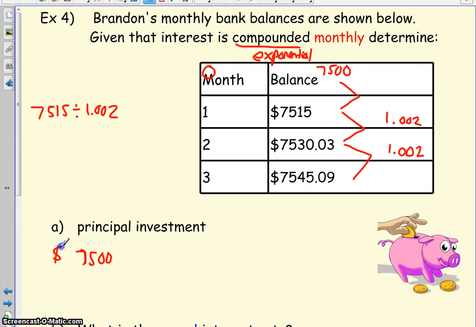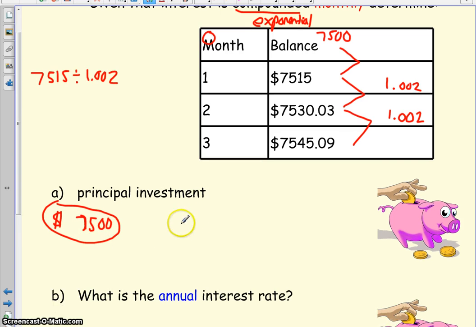So that's one way of going about it. The other way you could have done this is, one of the things we looked at last unit is that when you have a common ratio, that value is equal to the base in the exponential function. So we could approach this by saying, okay, using A equals P times (1 plus i) to the n,